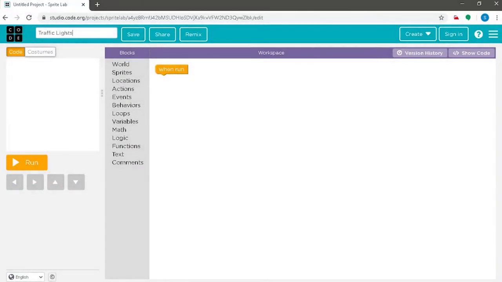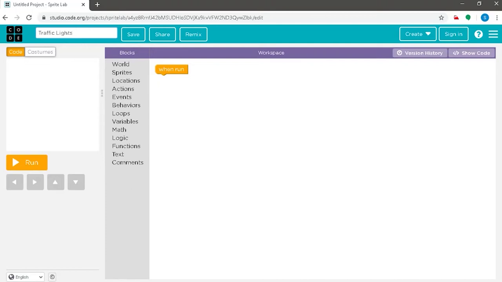In this session we shall start creating a project using the Sprite Lab. As known, sprites are different characters where each character is defined by a set of traits that it should obey. These traits are defined using various blocks that give instructions for the tasks that should be performed by the sprites or the characters. So, in this session, we shall aim to use sprites or characters in our script.